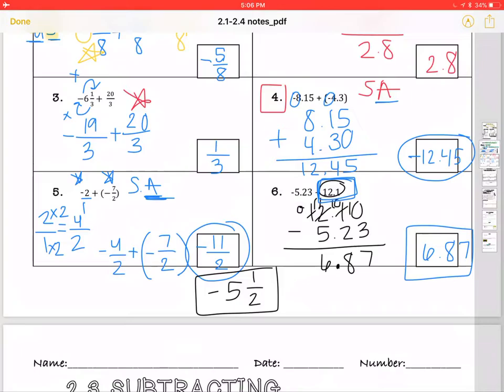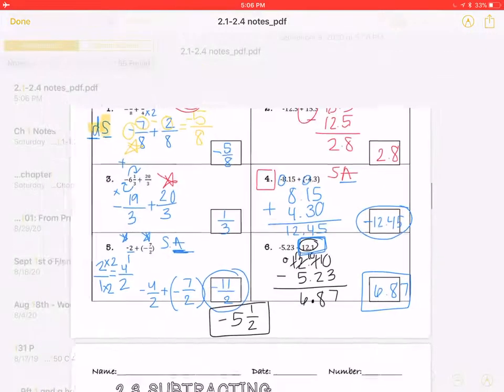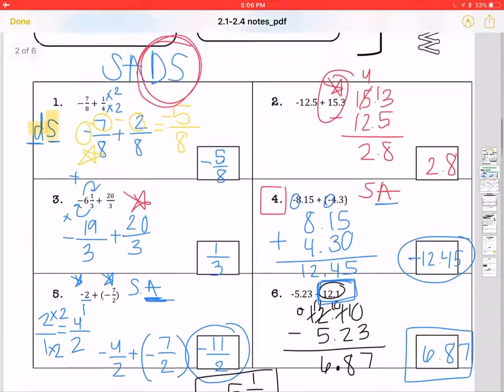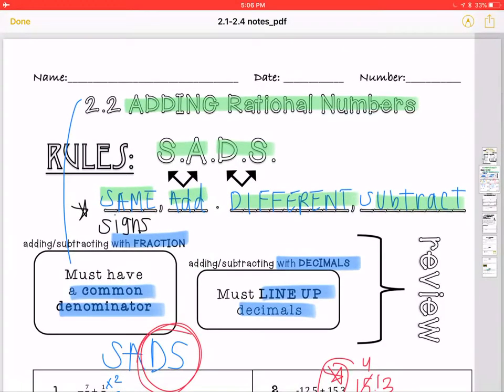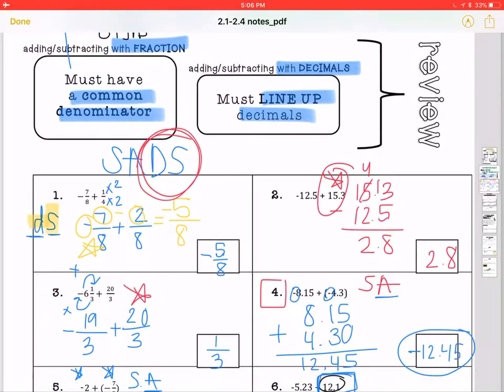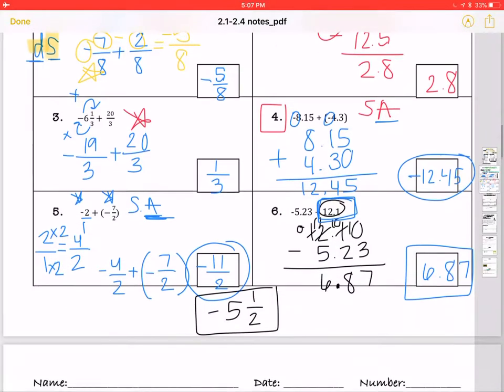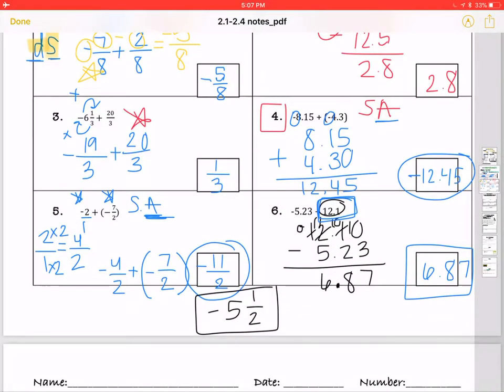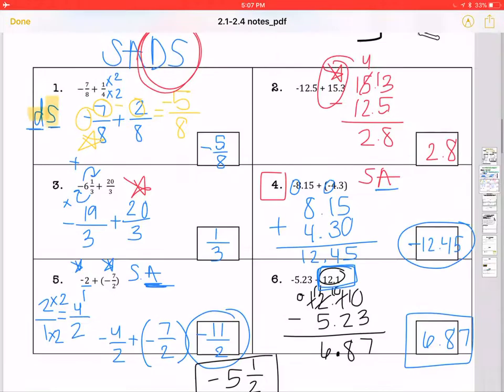Hopefully if you didn't try those on your own, you feel a little bit better with me walking through it and you're ready to tackle some on your own. So the same rules we applied as our first chapter when we were adding integers. We're still thinking of SADS, except now we're taking it a little bit further and we're adding and subtracting our fractions and decimals, which makes it a bit harder. Hopefully you're going to ask any questions